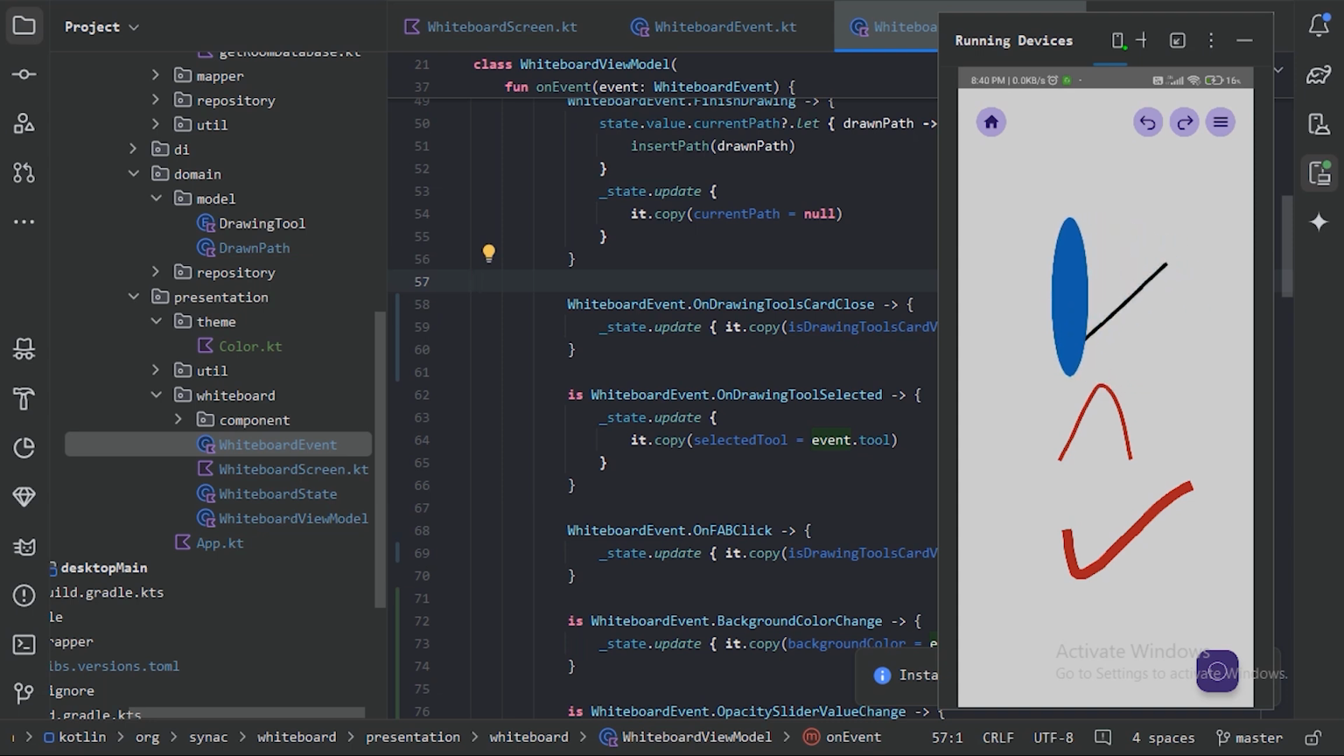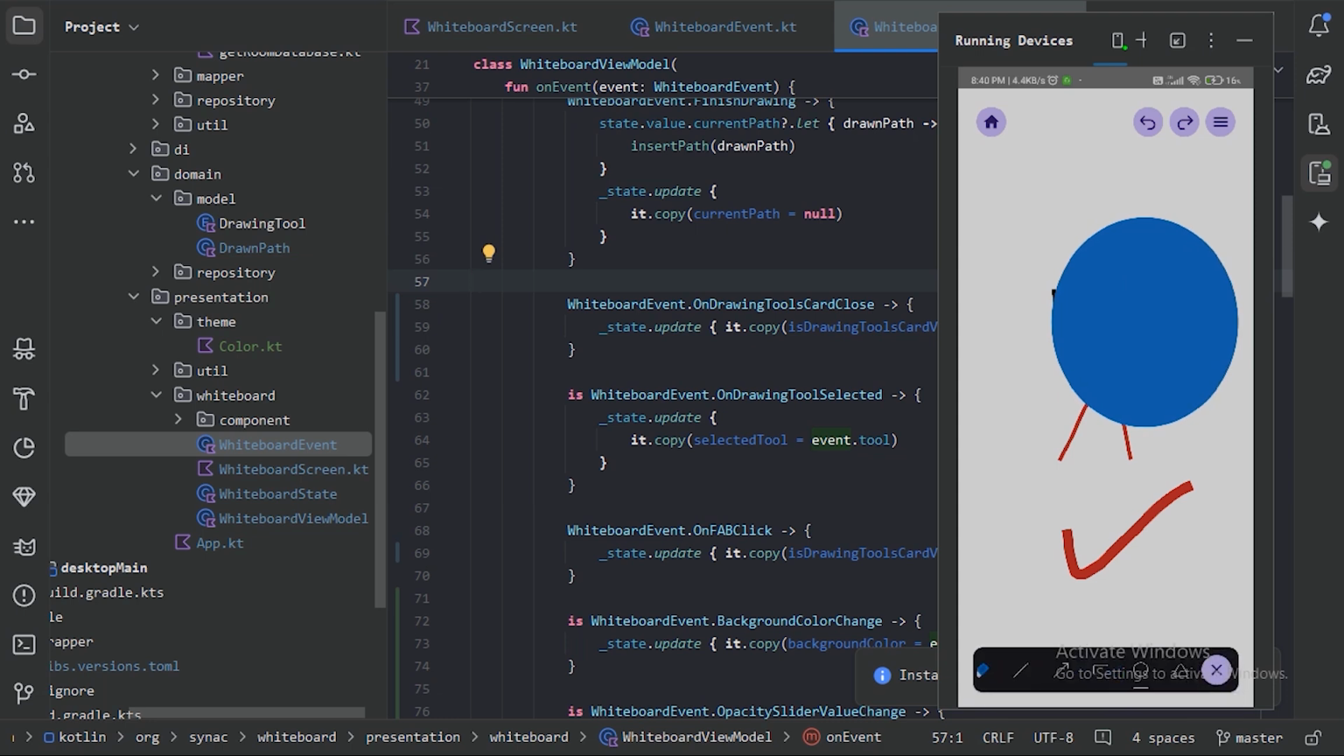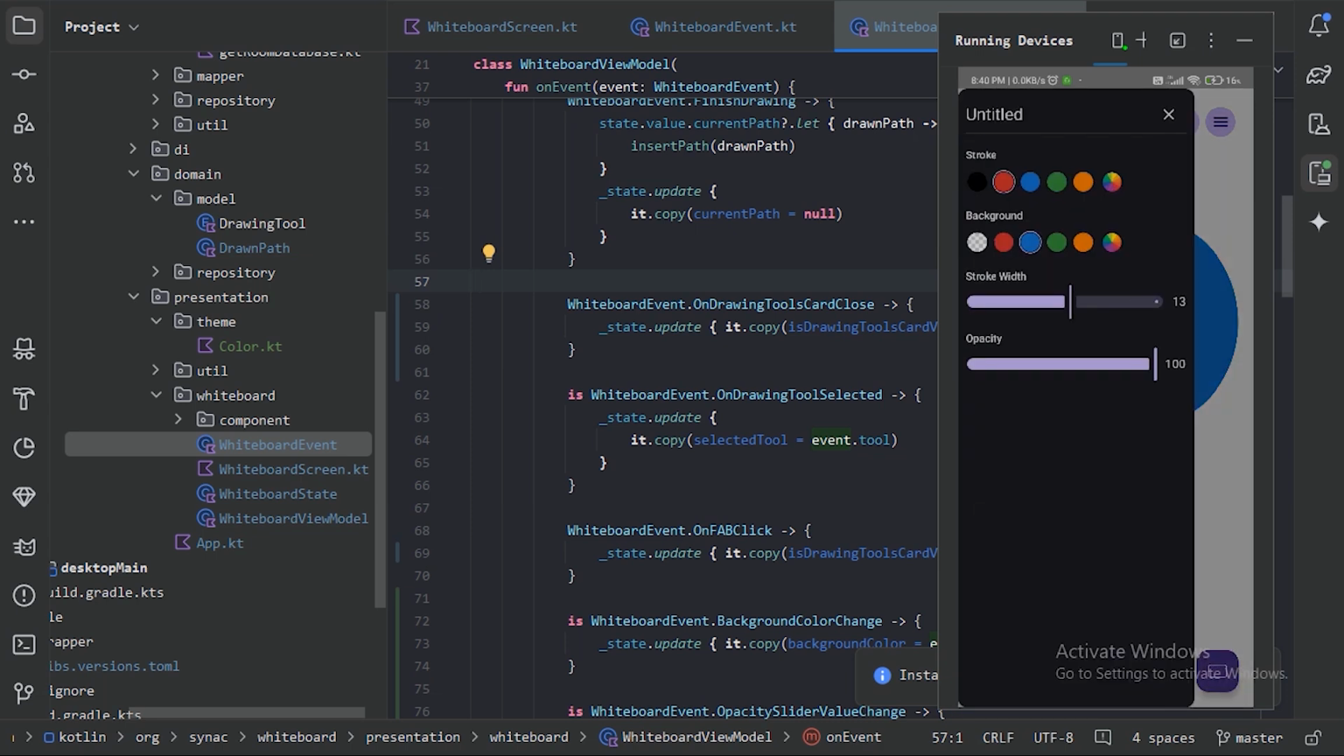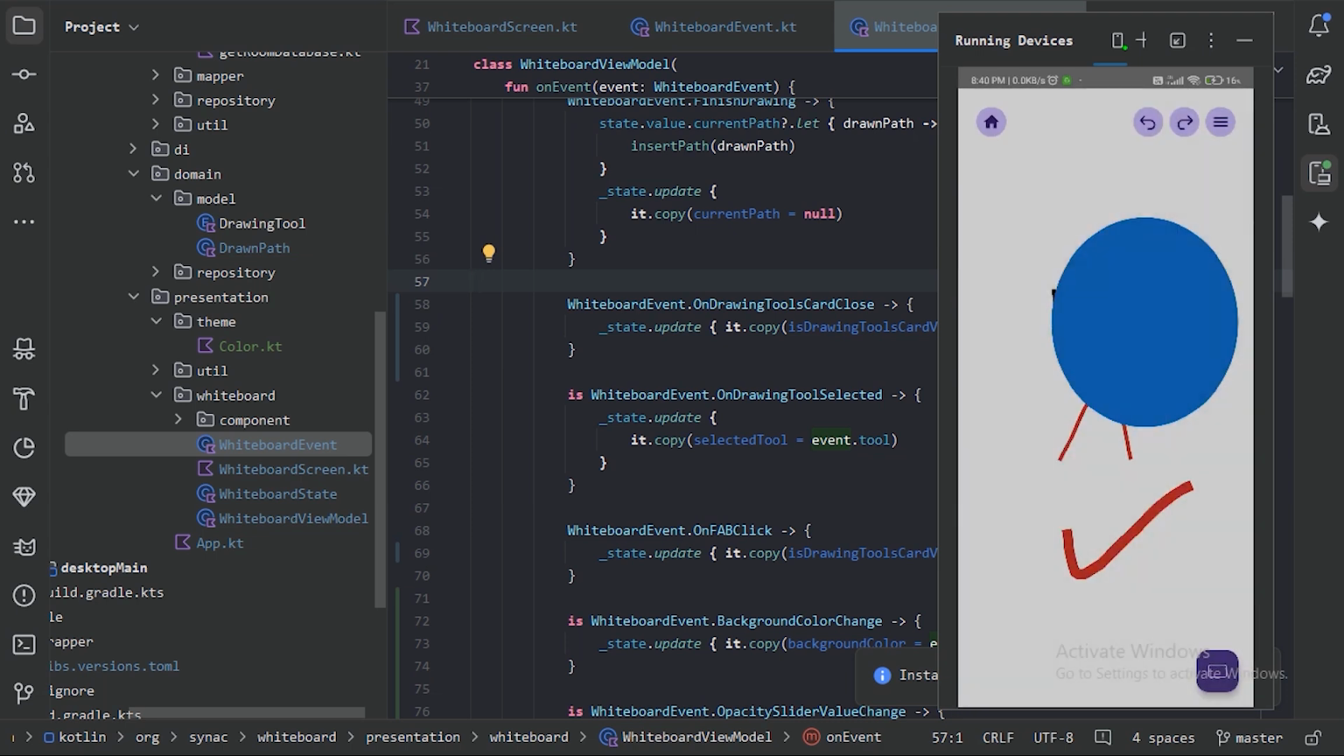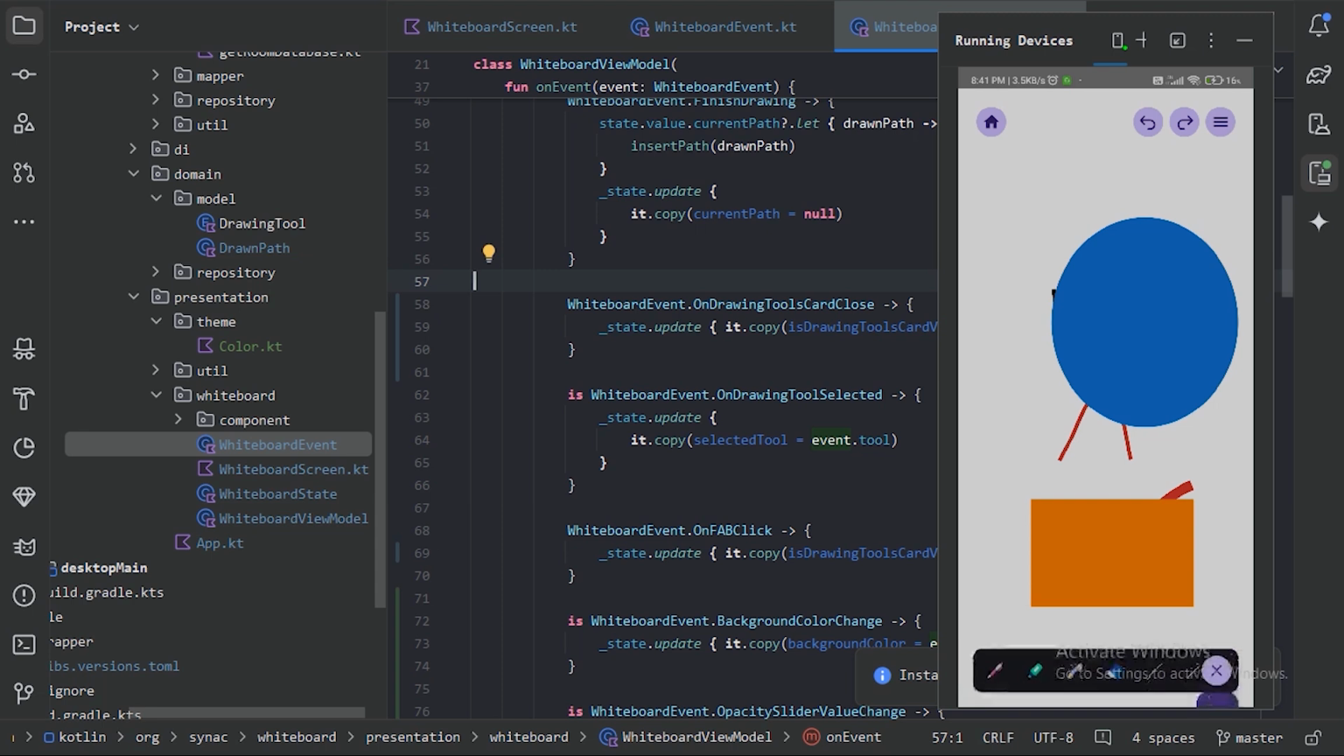So this is how we have defined the path differently. And here is our circle. And if I need a rectangle, again change the background color to orange. And here is our orange color rectangle. And if I select the pen tool again,